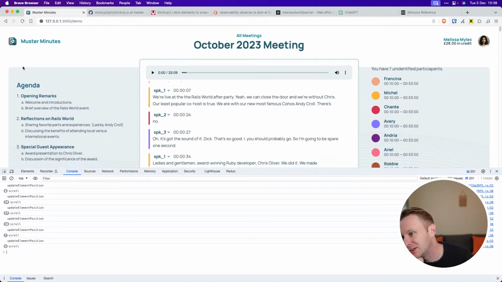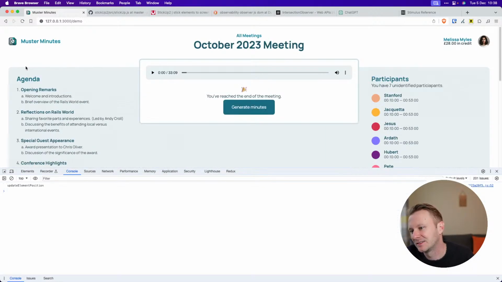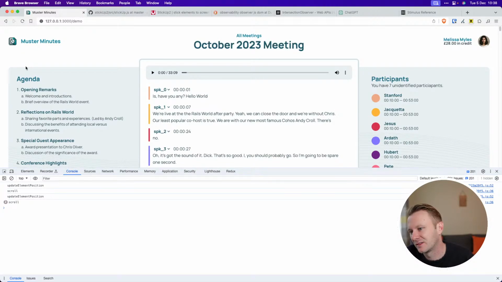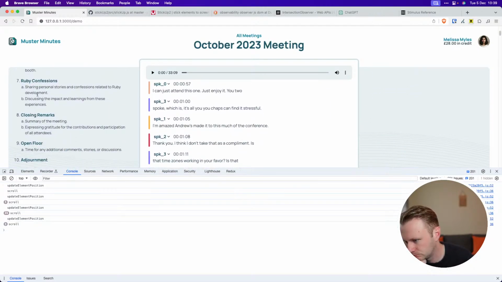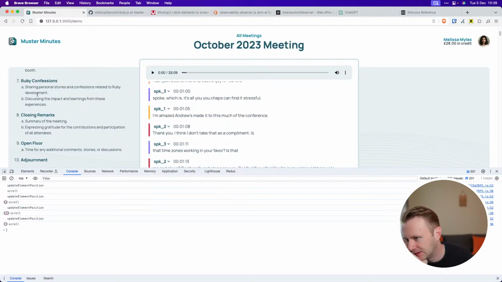But once you get to 156, once you get to 157 pixels of scroll Y, it's up there. And so it's pinned at this point. It's pinned to the bottom,